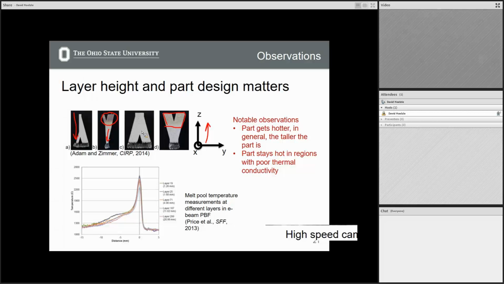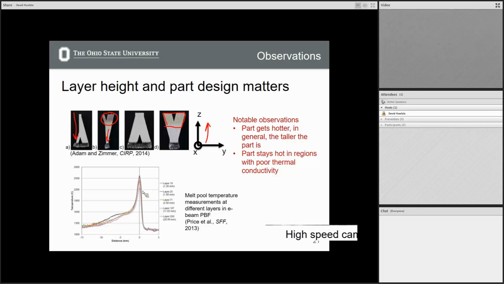But you can do some really simple experiments to show that how you design your system, how you design your process, matters, and that in general, as you go up, the part gets hotter, because that means you've had a longer period of time exposing the part to laser energy. So it's going to get hotter. This is